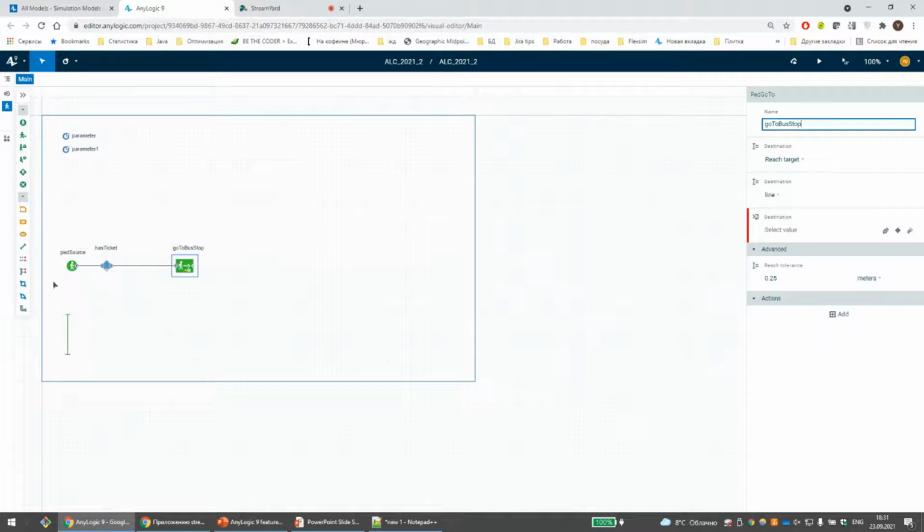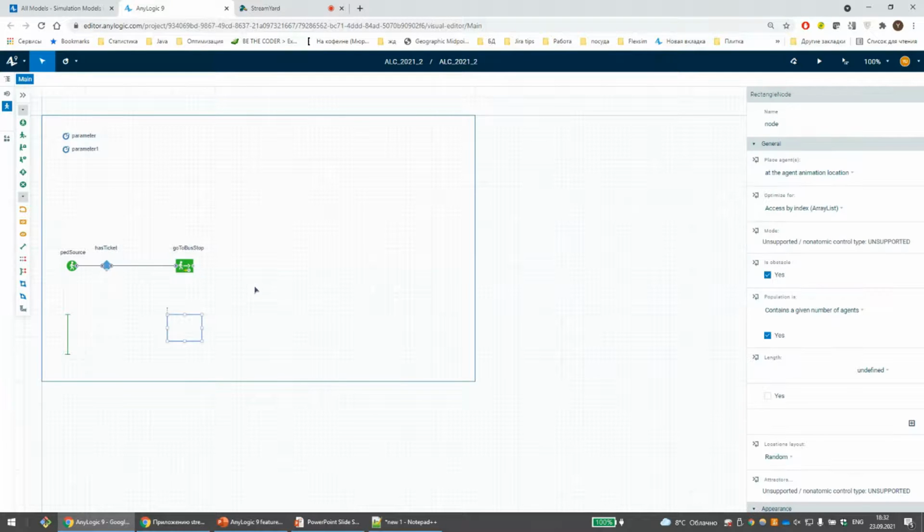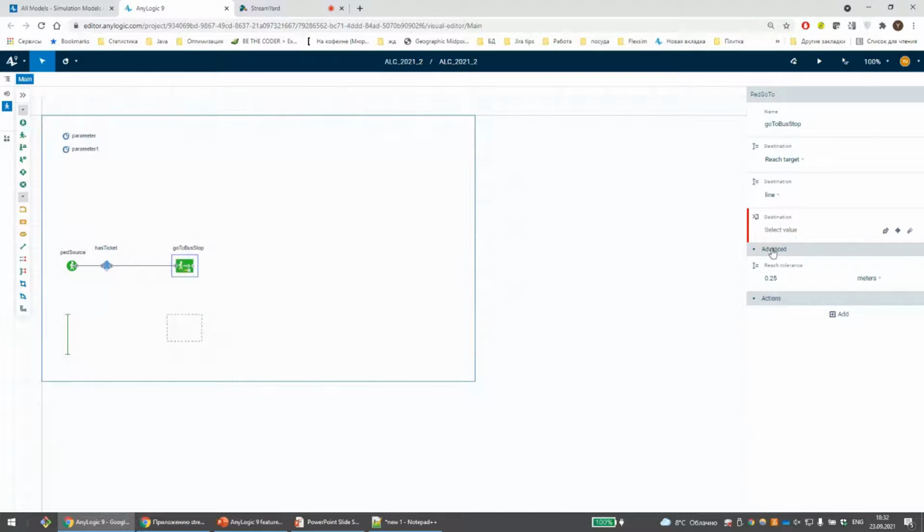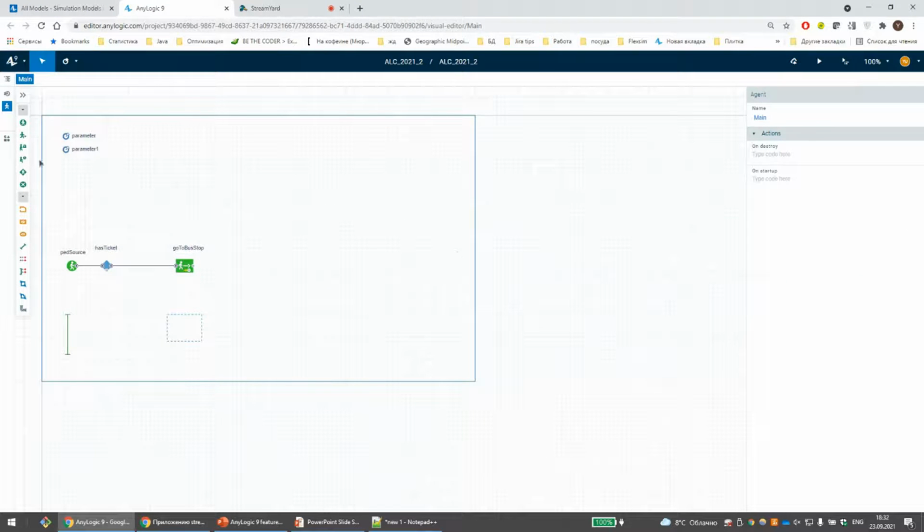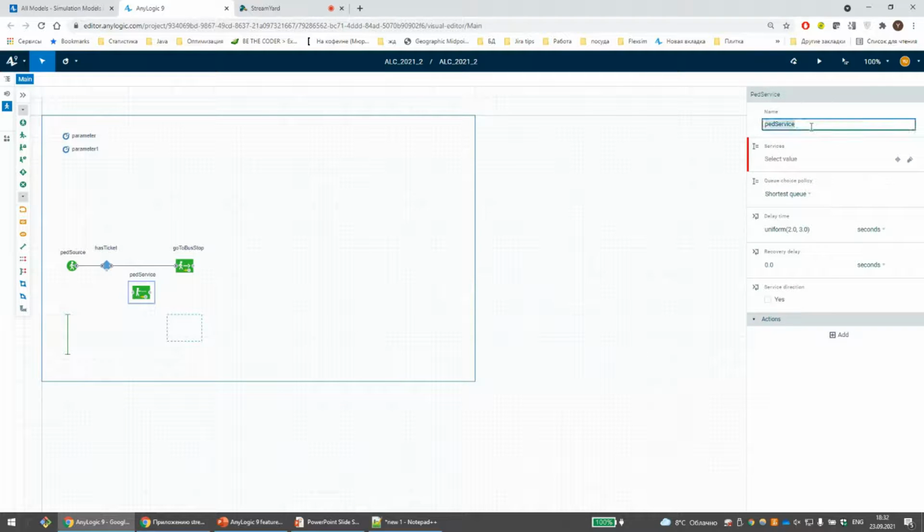The same with markup elements. Just drag and drop an area and specify it in the properties. Let's add a service.